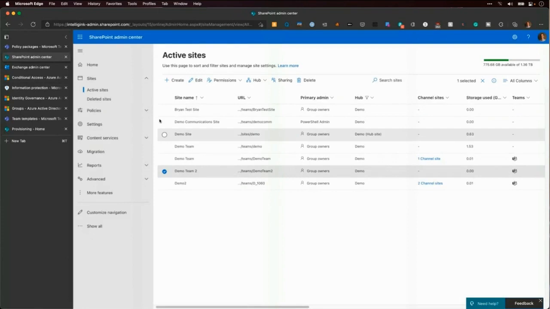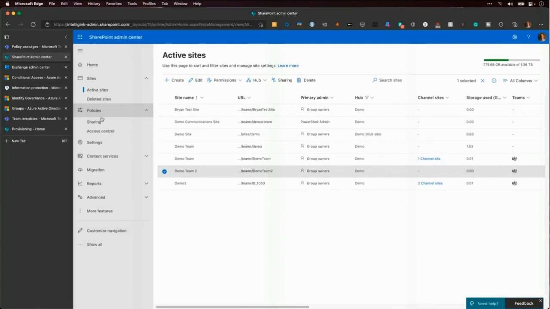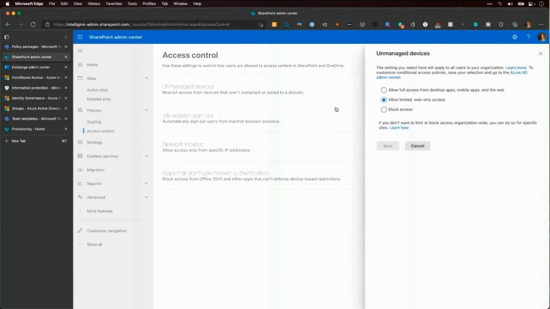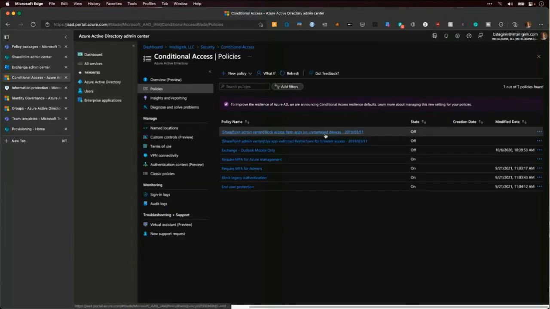So jumping back to our SharePoint Admin Center and looking at policies here, and access control, unmanaged devices, this right here, allow full access from desktops, allow limited web-based access, block access. This unmanaged device policy is actually what created this policy right here in conditional access.